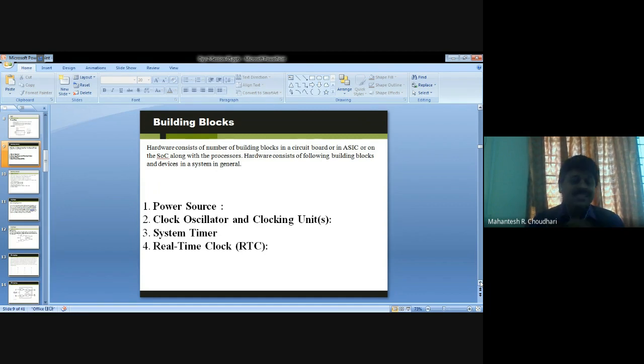Then the next one, the real-time clock, RTC as we call it. So what happens in this RTC? A real-time clock is required in a system. The clock drives the timers for various timing or counting needs in the system. The clock also updates the time and date in the system, and the microcontroller provides a timer circuit for counting and timing devices. So that is how it happens in these building blocks.